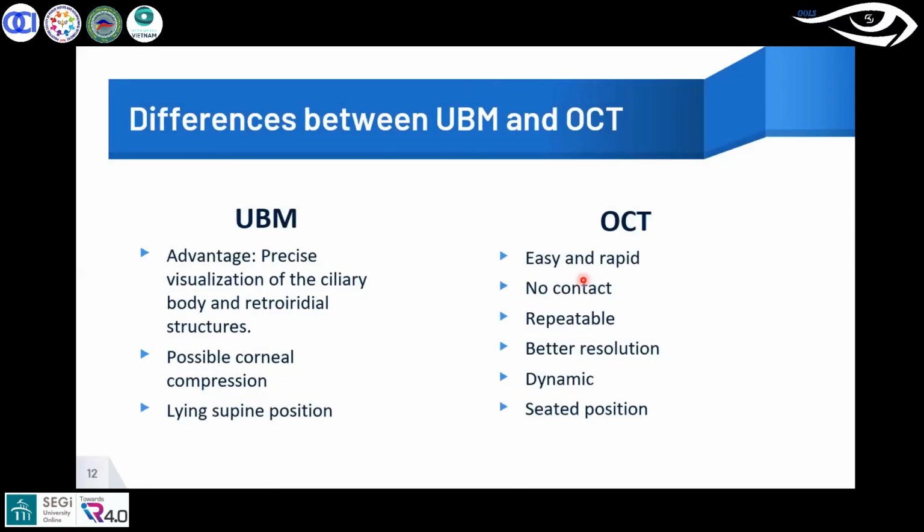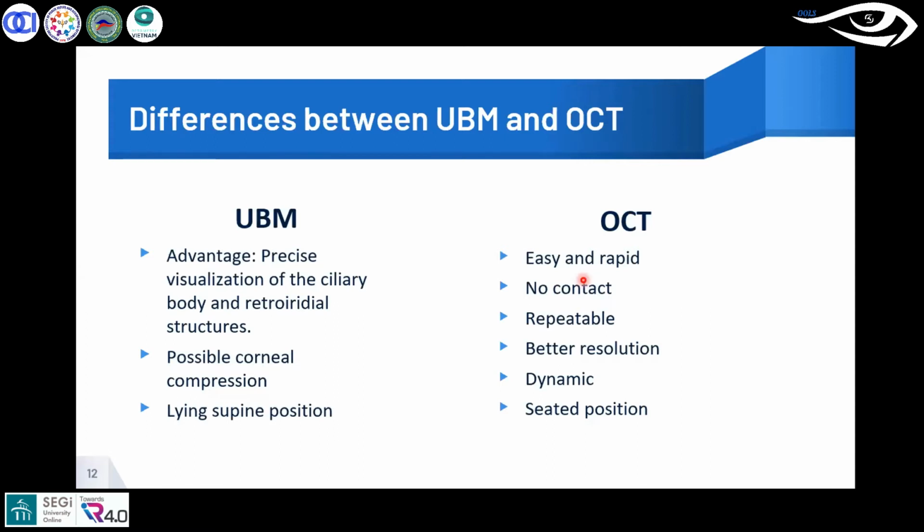So now, moving on to the differences between UBM and OCT. Ultrasound biomicroscopy has a resolution of 20 microns axially and about 50 microns laterally. So this is comparatively less than any type of OCT which can be done. But it also has an advantage in that it is capable of visualizing the ciliary body and the retroiridal